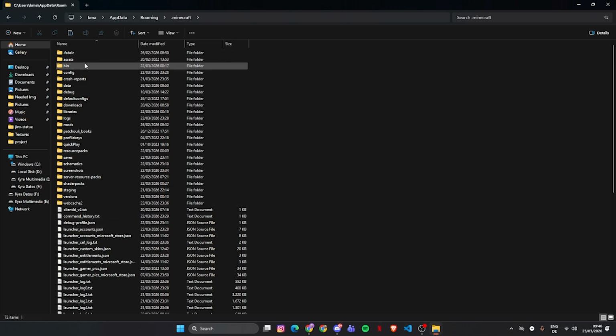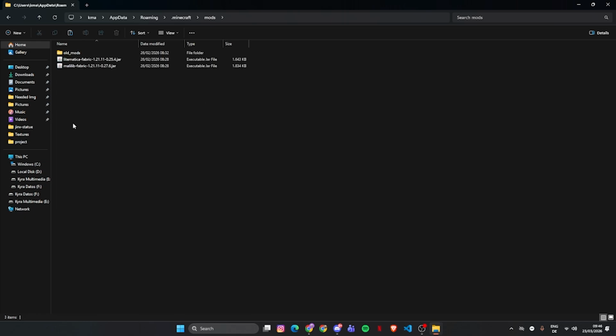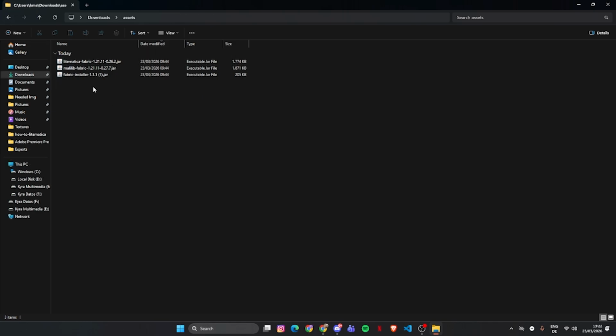Then we are going to find the folder that says mods and paste them right here. As you see, Litematica and Malilib. Great. As for Fabric, we're just going to double click and hit install.